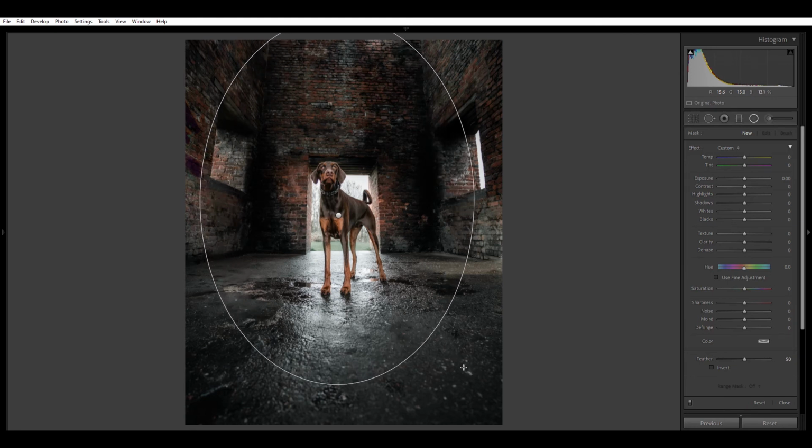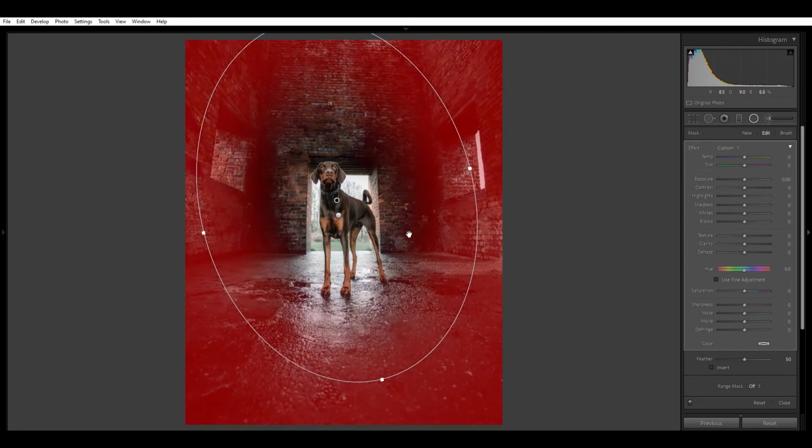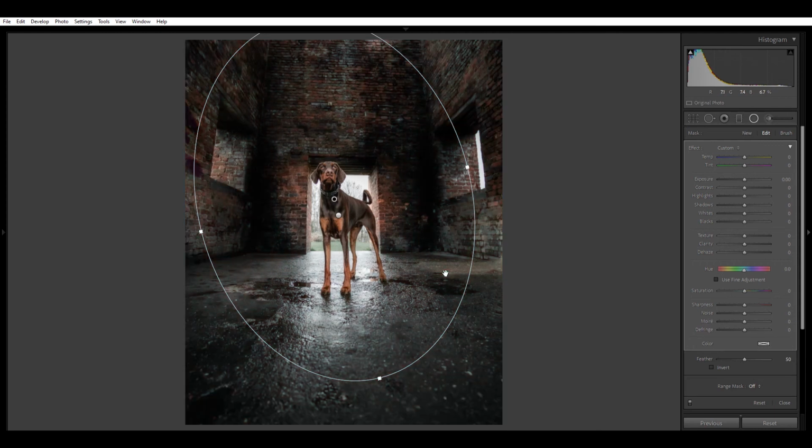lot bigger. I'm going to rotate it round, and then if I press O, it's going to show me where the red is being affected. Anything that's not red is not going to be affected. Let's turn that off, and then I'm going to drag my exposure down to there. The key with this is to make multiple